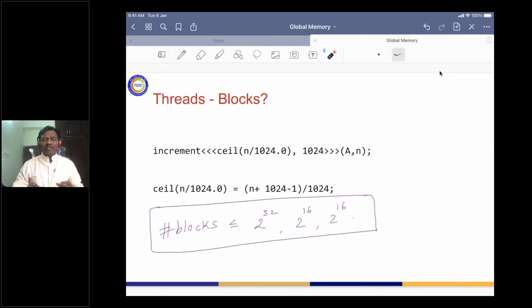Typically, without worrying much, within each block let us create as many threads as possible, which means 1024 threads within one block. Then how many blocks can we launch? Ceil of n by 1024. You can use this function, or you can explicitly write this expression.